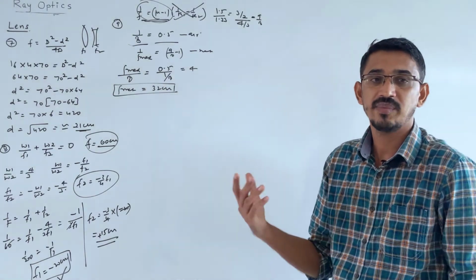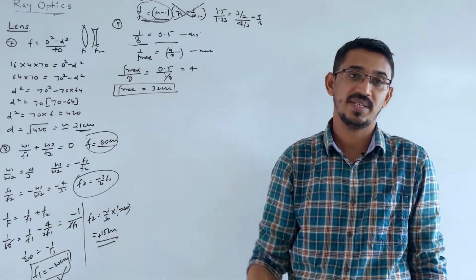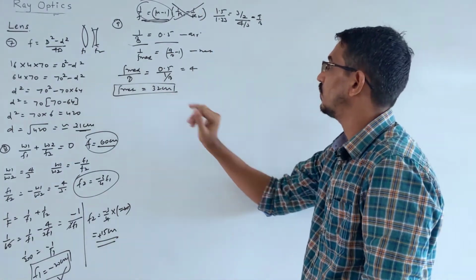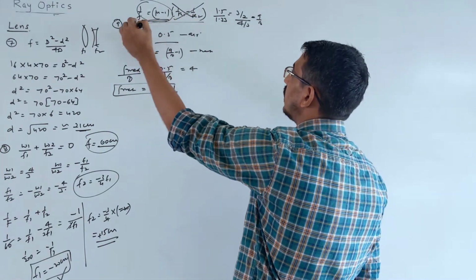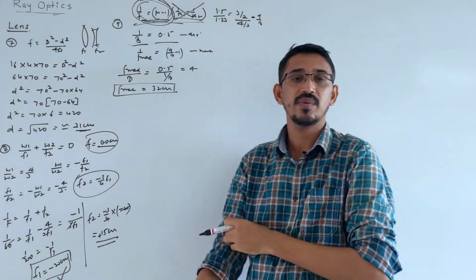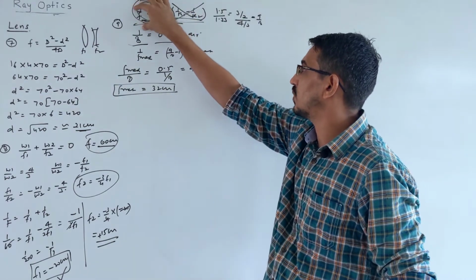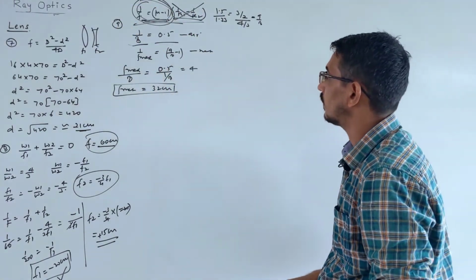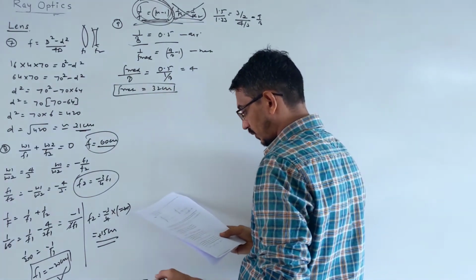Again, I am telling you, when you put a lens inside a medium, its focal length will always increase, doesn't matter what type of lens this is. So the focal length is increased by 4 times. This is the shortcut: you have to take this much term only, because your radius of curvature doesn't change when you put it in a medium. So write this equation for air, write it for medium, divide them, and you will get your answer. This was question number 9.